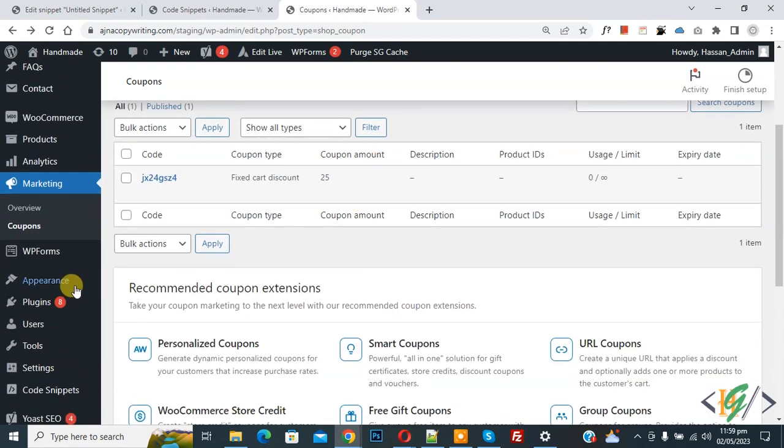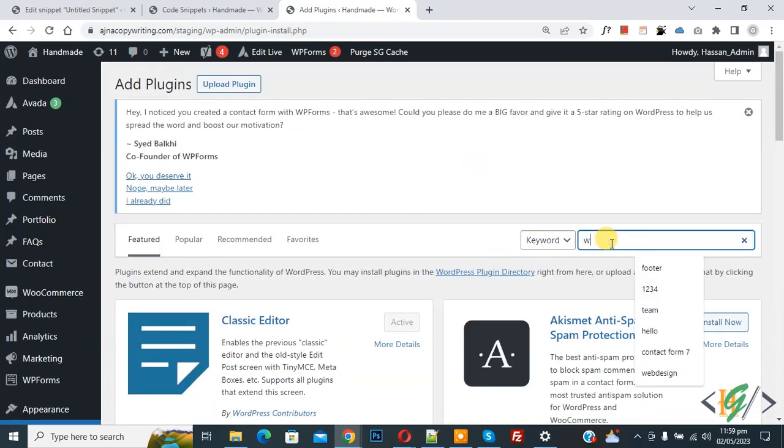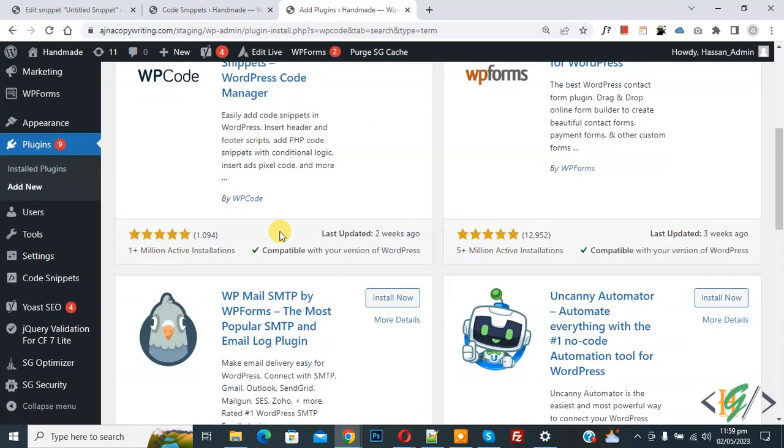On the left side you see Plugins, and then click on Add New. Then in the search plugin box write WP Code. So this is the plugin, WP Code Insert Headers and Footers, that we will use. You will install this plugin and activate it, and after activation scroll down on the left side and you see Code